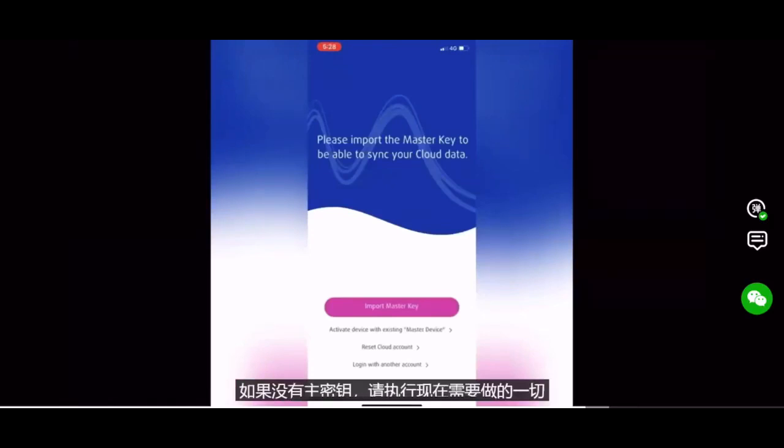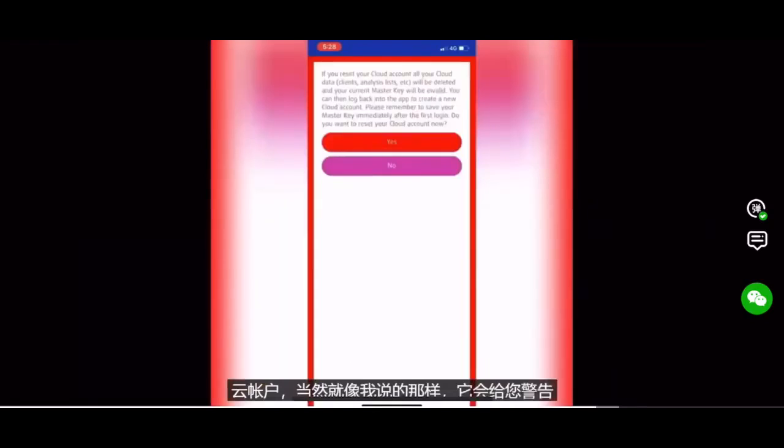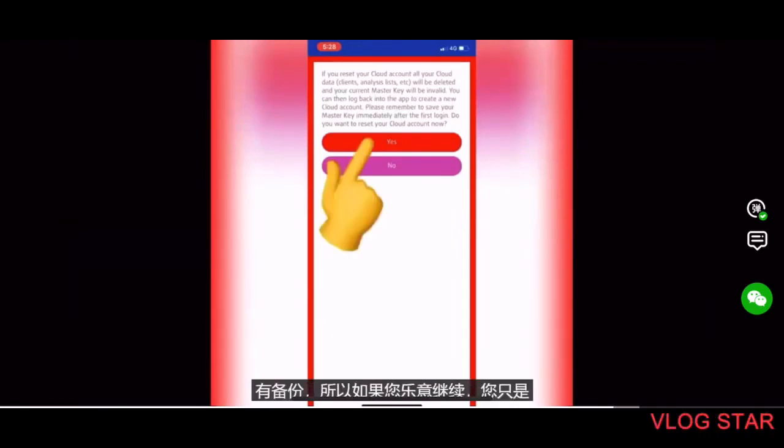Now, if you do not have your master key, then we have a new function and an option to reset the cloud account. So you simply click on Reset the Cloud Account, and of course, like I said, it's going to give you a warning that if you do this, then you will lose all your clients and all your history associated with your account. Now, that's why it's important to always have it backed up. So if you're happy to go ahead, you just click